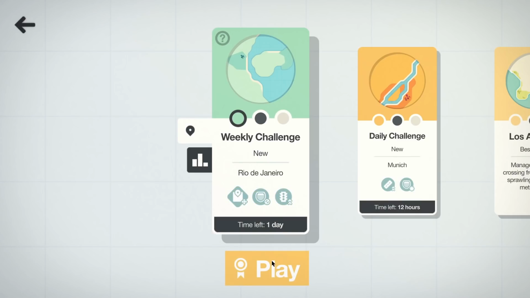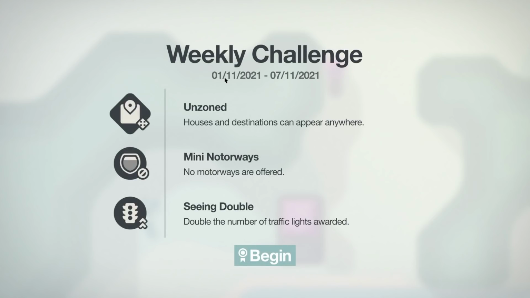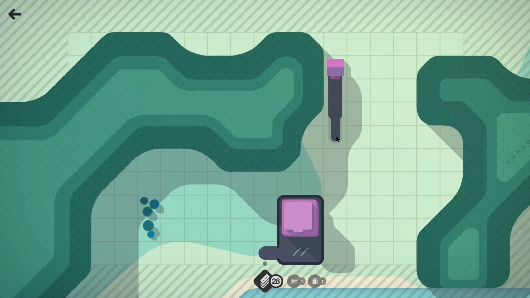G'day, today we're going to have a look at the weekly challenge in Mini Motorways. This one's set in Rio de Janeiro, and this is the challenge for the week of November 1st. So all houses and destinations can appear anywhere. No motorways are offered. We double the amount of traffic lights awarded, so I guess we're going to rely on those traffic lights a